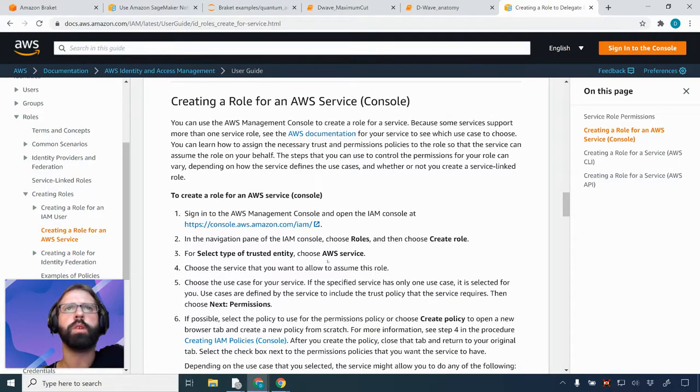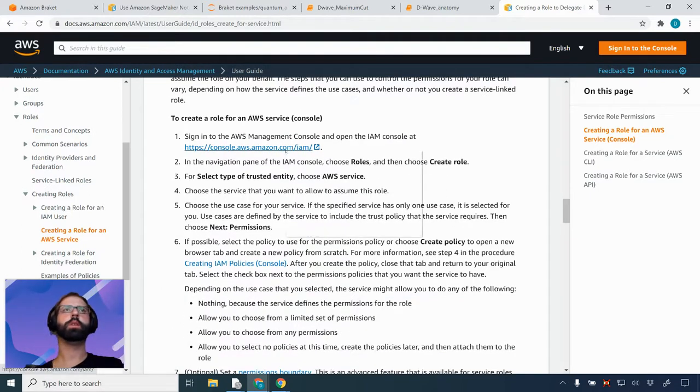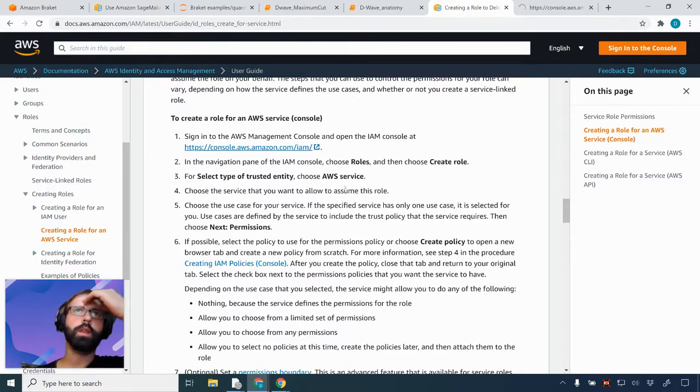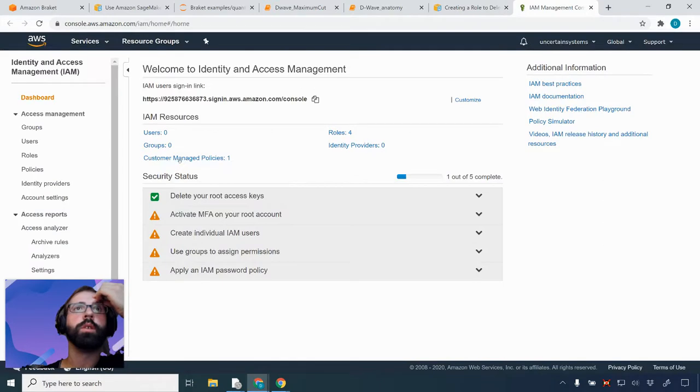Sign into the AWS Management Console and open the IAM console. Okay. In the navigation pane of the IAM console, choose roles and choose create role. Select type of trusted entity, choose AWS service. Okay, so